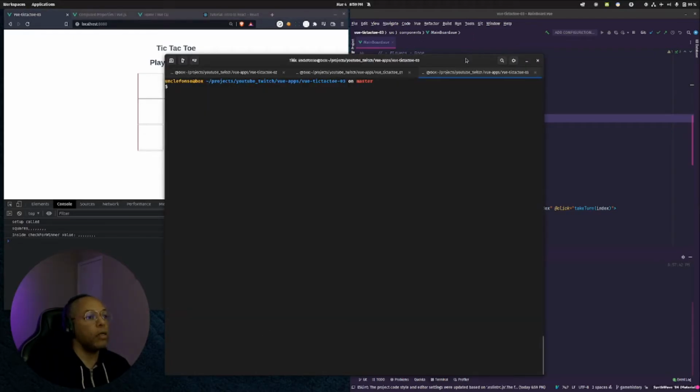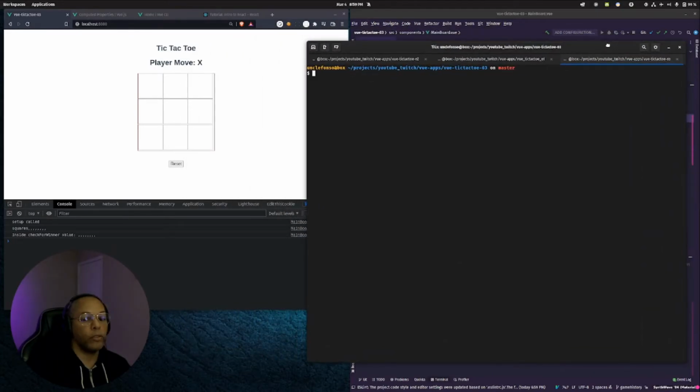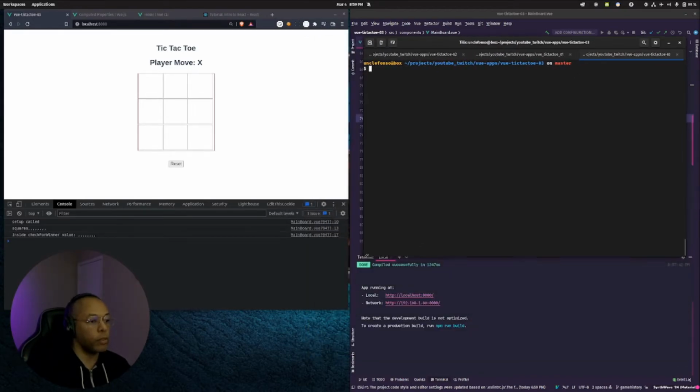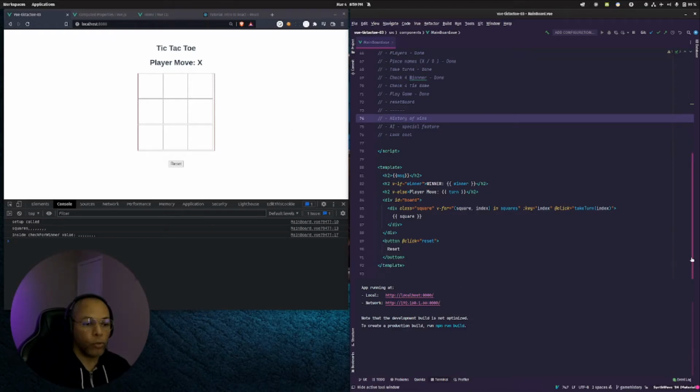I'll keep my other terminal in the background just in case I need it for whatever reason. I probably don't, because I'm using the terminal inside of my IDE right now. But all right, so now we have enough space for my face to sit down here, and we can see all the things. Great. All right, so on to building out